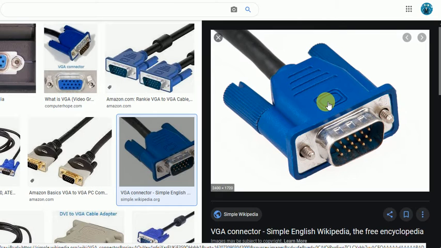So it is an upgraded version of EGA, because EGA only supported 16 colors, but VGA supports 256 colors.